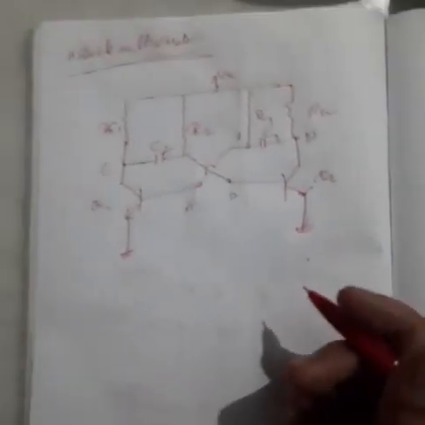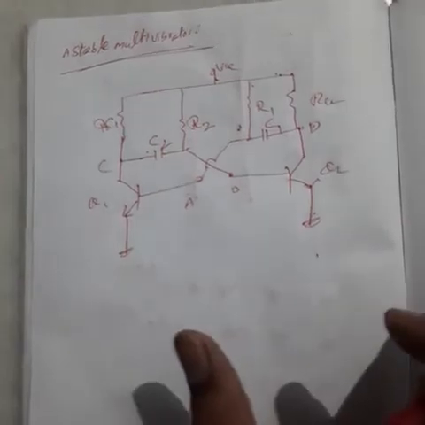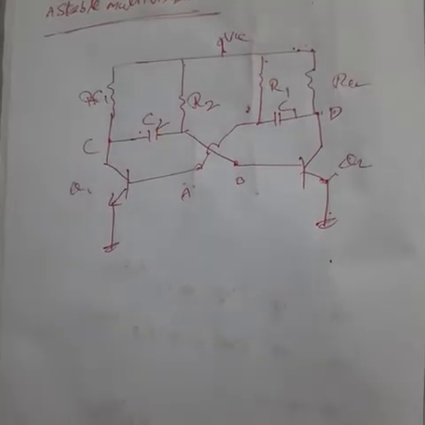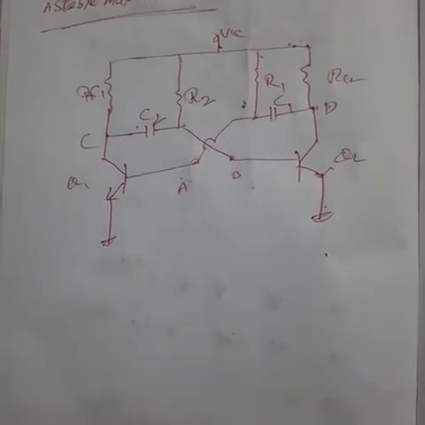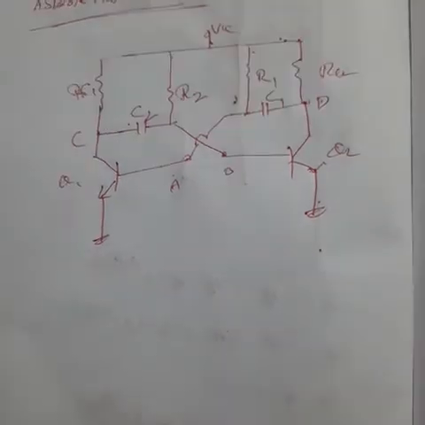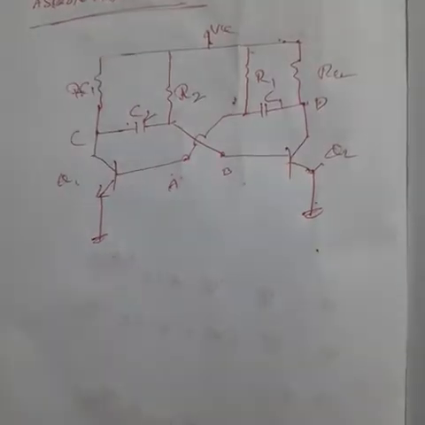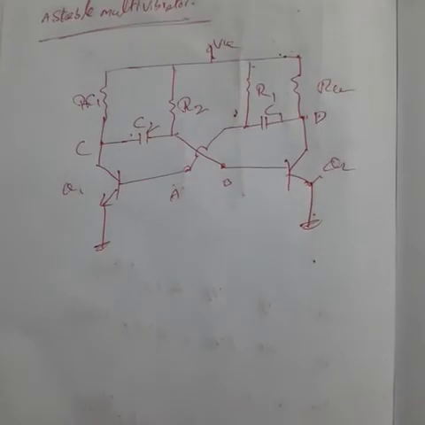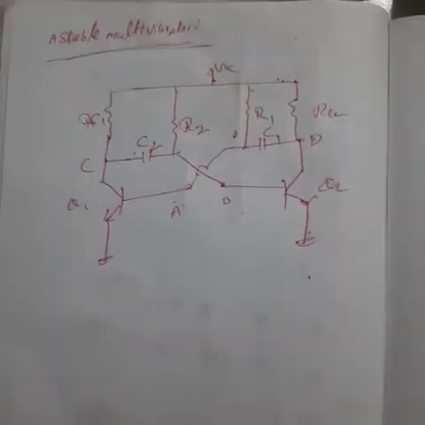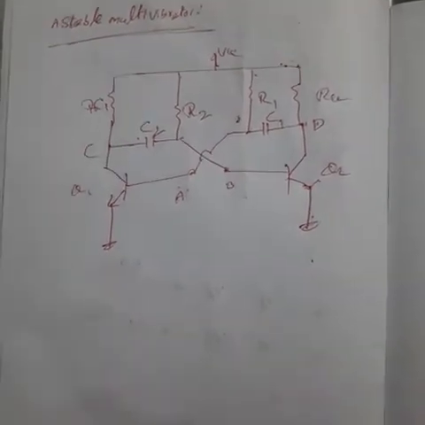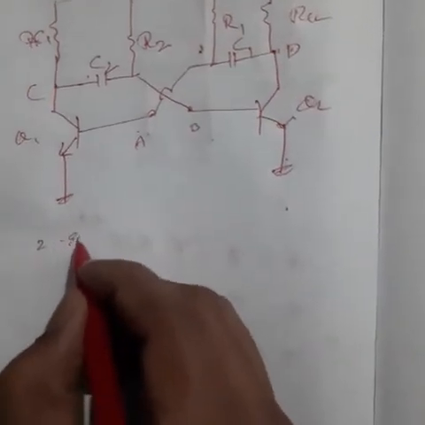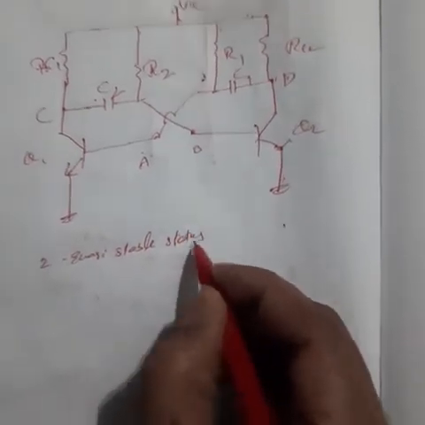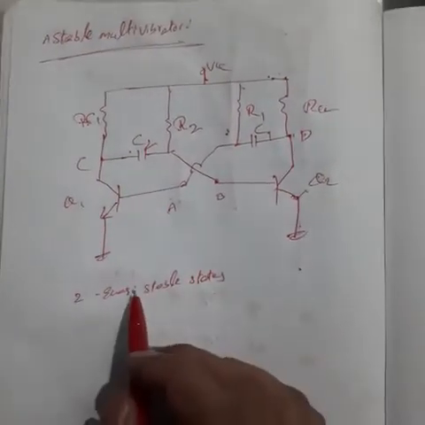So this is astable, that means there are no stable states. In a bistable multivibrator, we apply two triggering pulses to get two stable states. In a monostable multivibrator, we apply only one triggering pulse to get one stable and one quasi-stable state. In an astable multivibrator, we do not apply any triggering pulse. The two states are quasi-stable states only, with no stable state, that means temporarily stable states only.